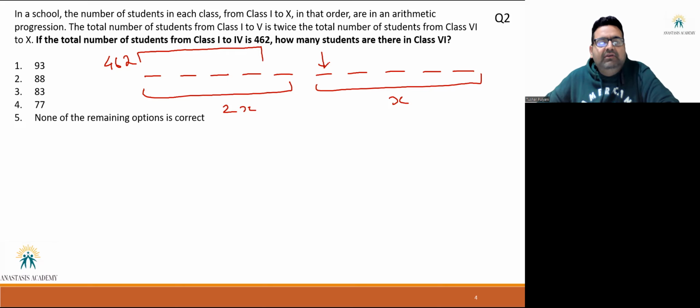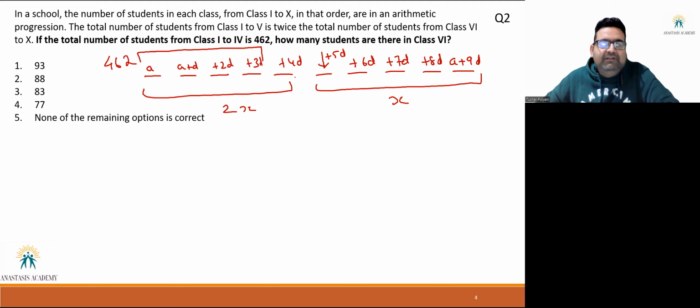Here we can directly use the nth term formula for AP by taking the first term as A, then A plus D, and so on and so forth. 10 terms, so the last one will be A plus 9D. If you want, you can write all of them, or just know that this will be plus 2D, plus 3D. I'm not writing A again and again, plus 4D. The final answer which we need is 5D, 6D, 7D, 8D. All of them have A, right? I have not written that.